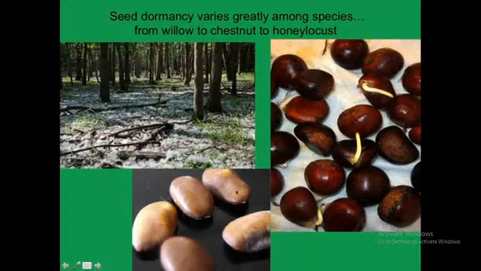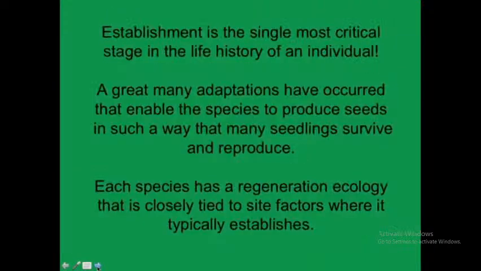If you think about the honey locusts and the acacias surviving in very, very drought-prone areas, they might just have to sit around long enough until the conditions are right and then they sprout. Establishment is the most critical stage in a plant's life, and there are all kinds of adaptations that plants have in order to have seedlings that will survive and reproduce. And you think about that. This is one of the